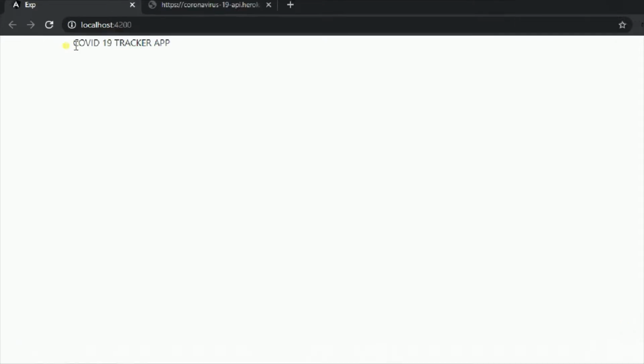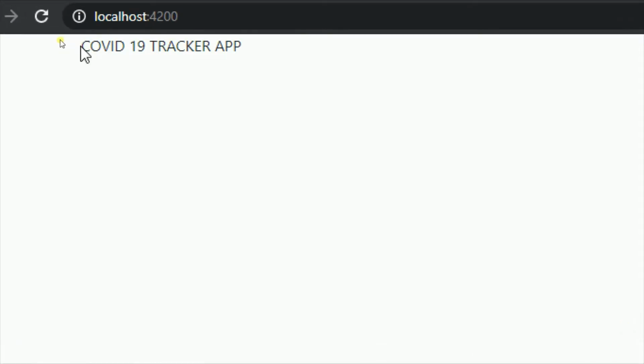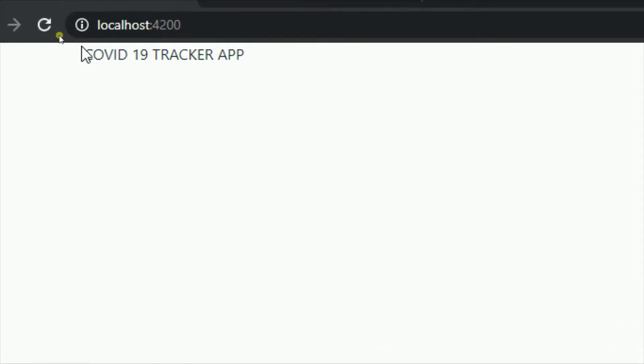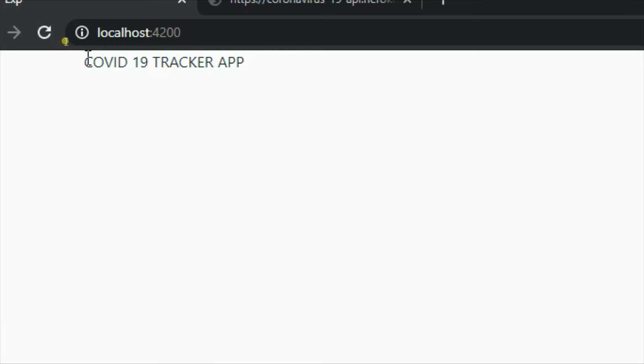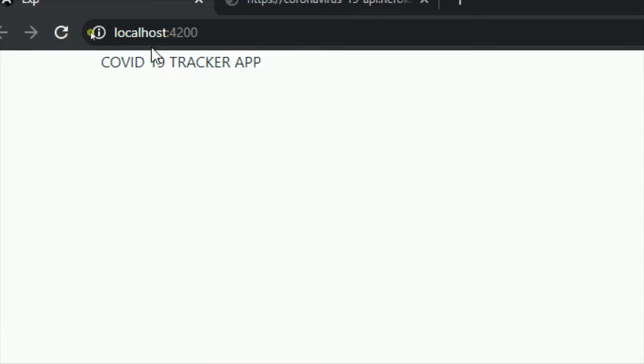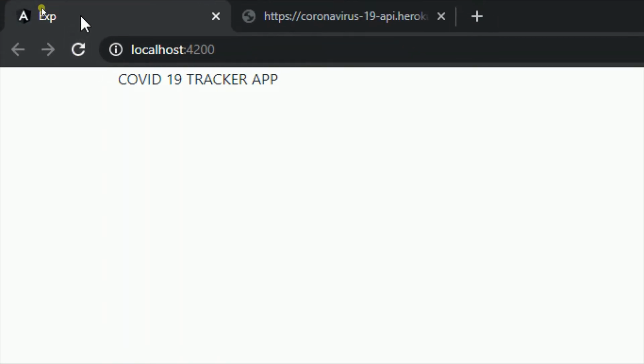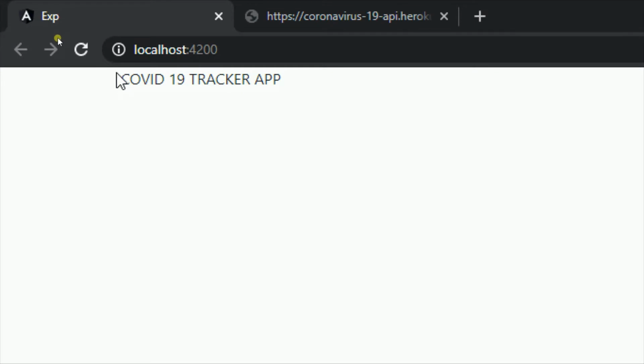Now let me save this and go to the browser again. As you can see, the text is appearing. What I actually want is this text inside one card, and I want some margin from the top, because there is no margin between the URL bar, or we can say the browser head, and the body of the browser.